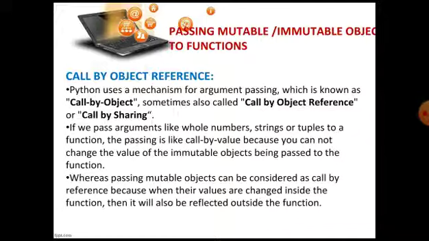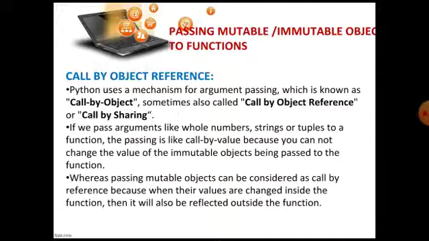But if you pass mutable objects to any function, then that passing can be considered as a call by reference. Why call by reference? Because in call by reference, the reference of the object is passed, and that reference enables the function to modify the content of the original object also. The content of the original object is modified, so in the main function also it is modified and displayed. The changes will reflect in the called function as well as in the main function if we are using call by reference.